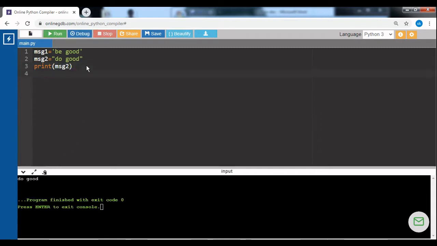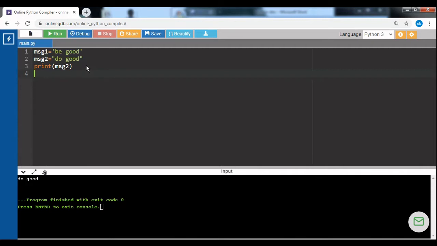Now I want to find the length of the specific string. So I want to find the length of the string literal that has been assigned to the variable message2. So how can the length of the string be identified? By using the len function.